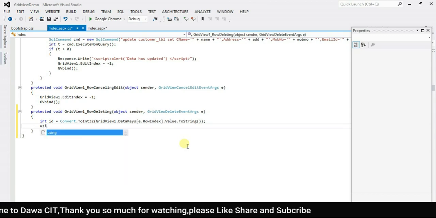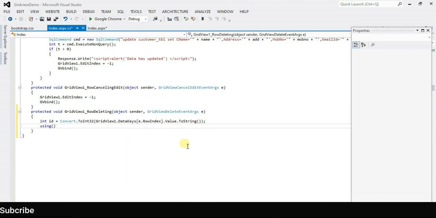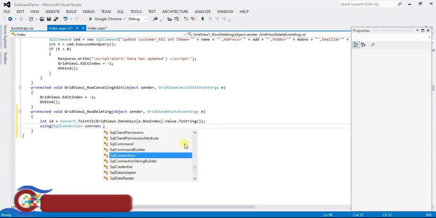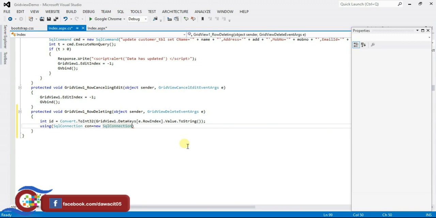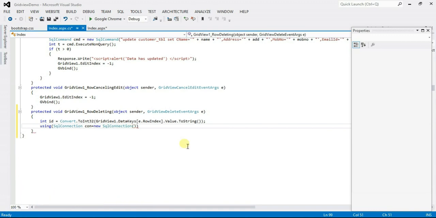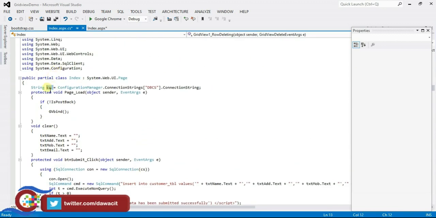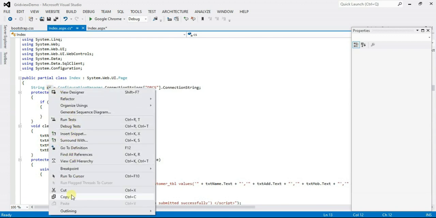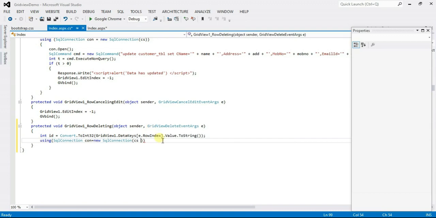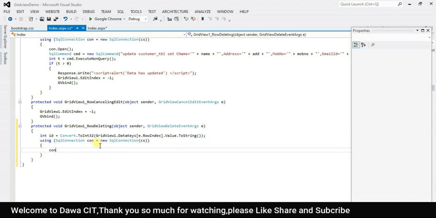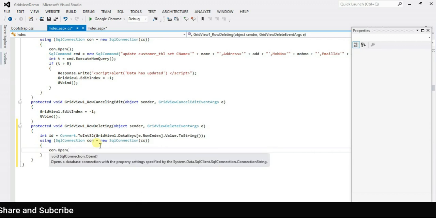Type here using SQL connection con equal to new SQL connection and type here this string variable. Okay. Con dot open semicolon,